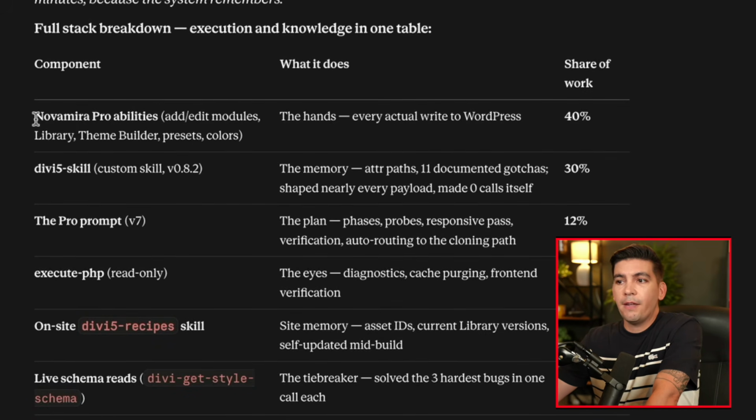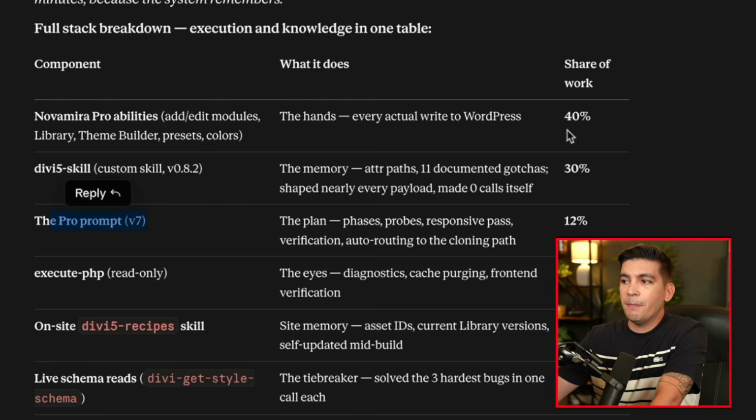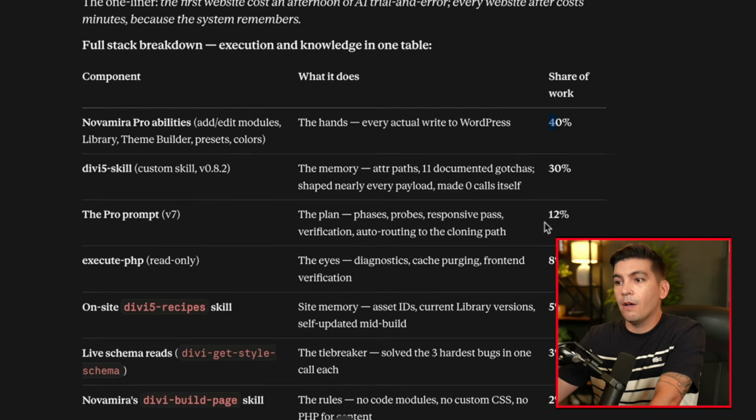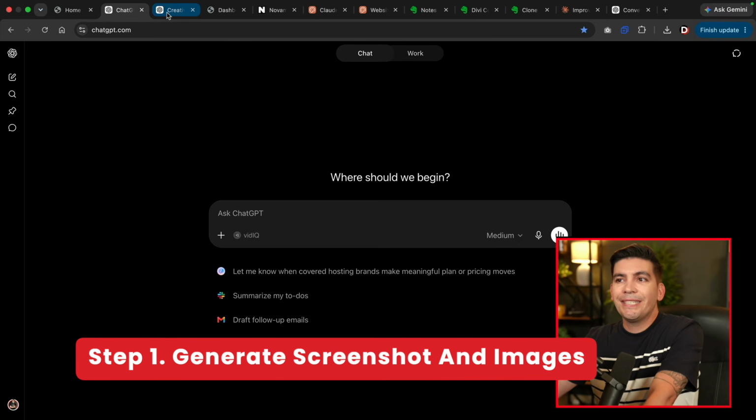We used Nova Mira Pro. We also used the Divi 5 skill, and I will give you this skill for free in this video. And then also the prompt, and then here is just other things that Claude was doing. So you can see a majority of the work was Nova Mira Pro, the Divi 5 skill, and also the prompt. Now the first thing that we did was head over to ChatGPT and we asked it to create a